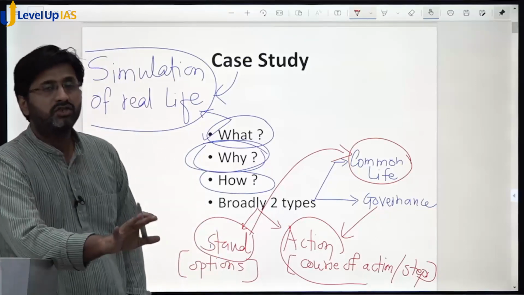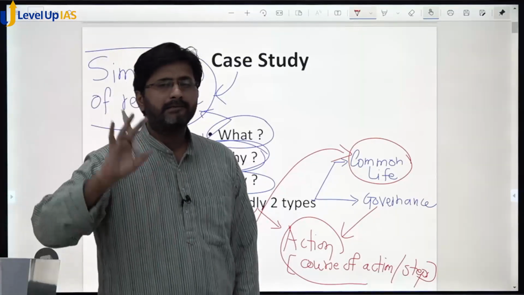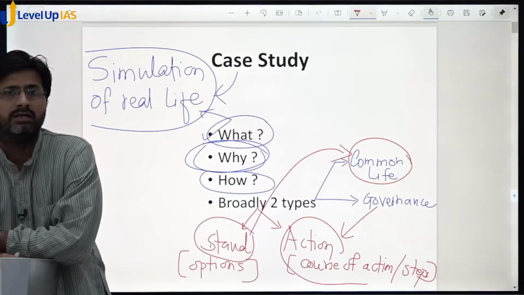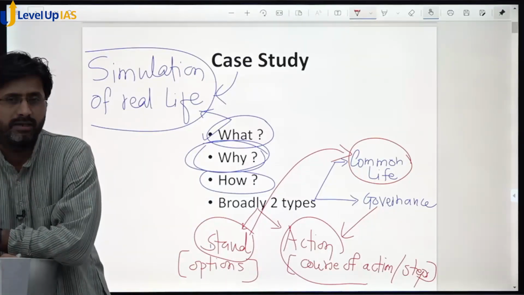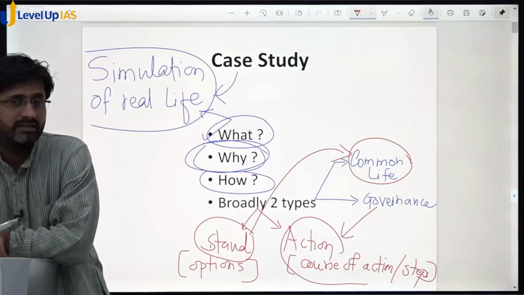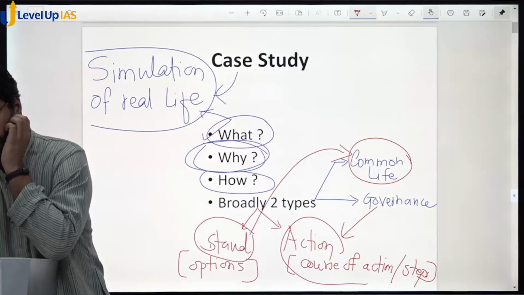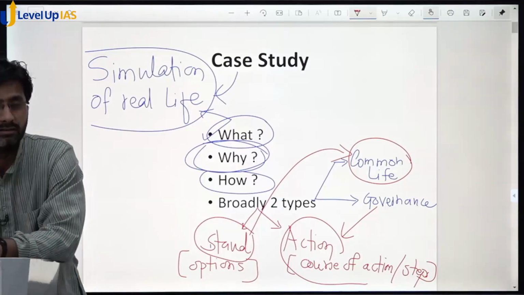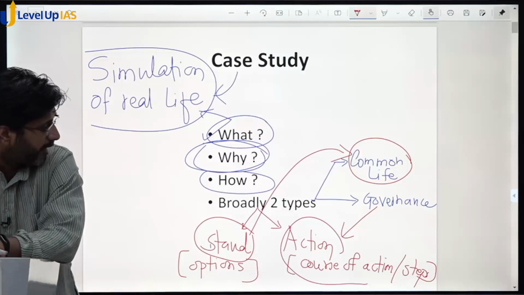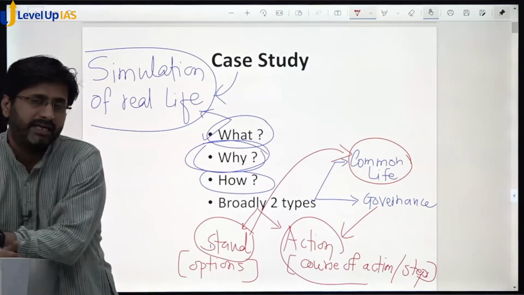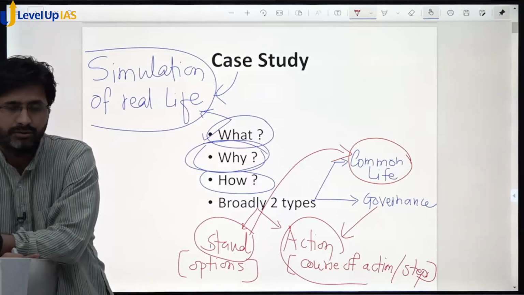These two are generally, if you want to understand how the case studies are formed and what the different kinds of case studies are, the two broad categories under which the case studies explain themselves, and you are also expected to think in this particular line. So any case study comes in front of you,